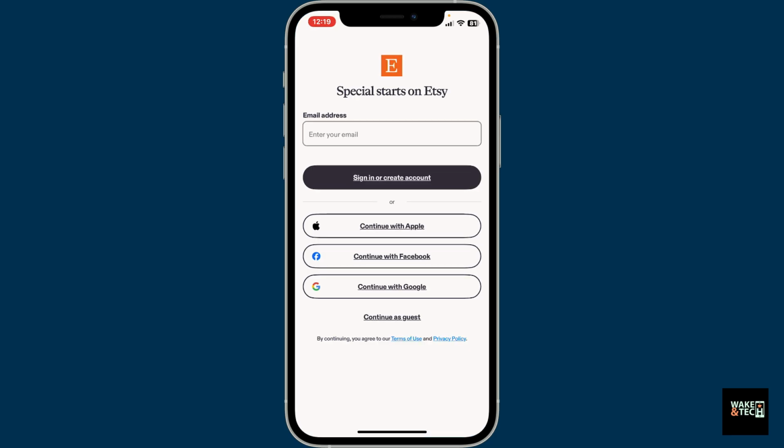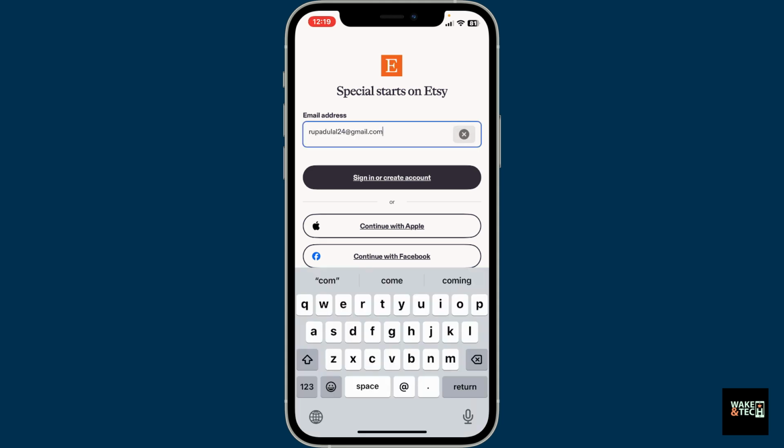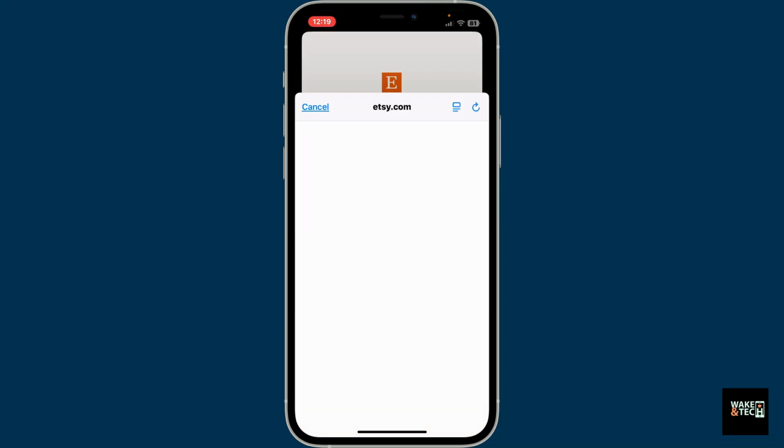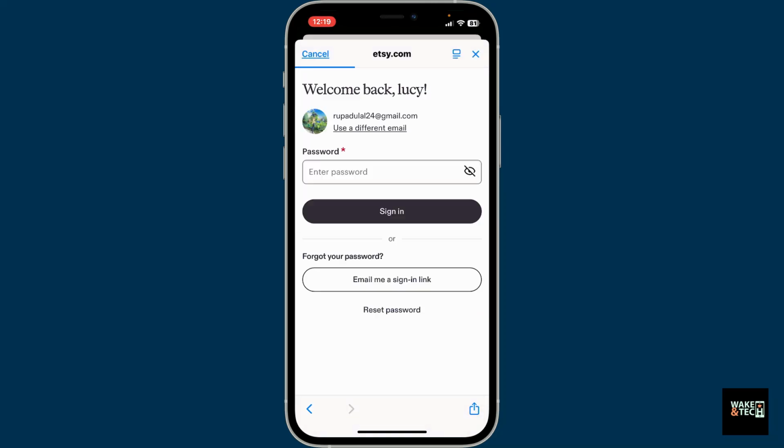Go ahead and type in your email address in the email tab and then tap on sign in or create an account. If you don't have an account yet, you will be able to create a new account with the provided email. But if you already have an existing account, you can sign in with the email. After typing down your email address, click on sign in or create, and on the next page, enter your password